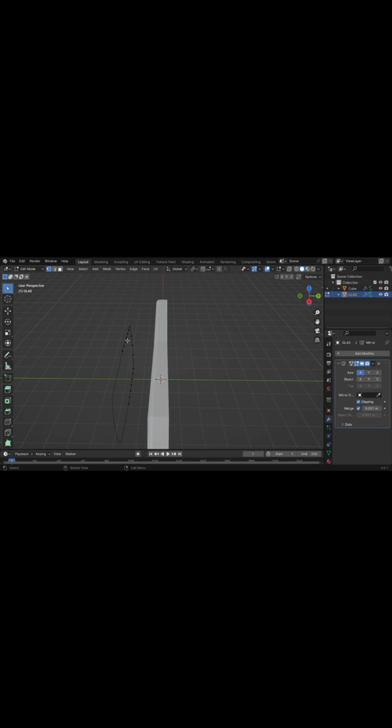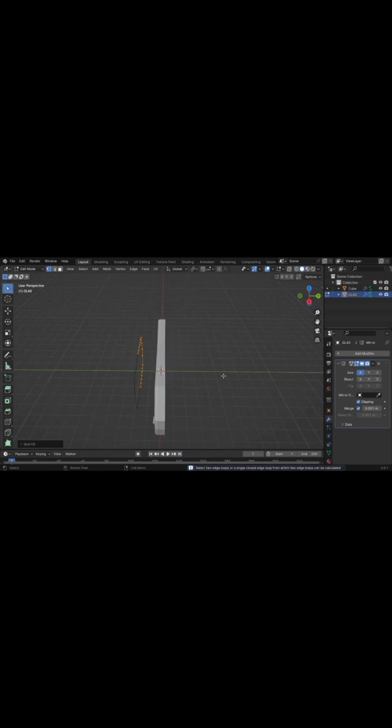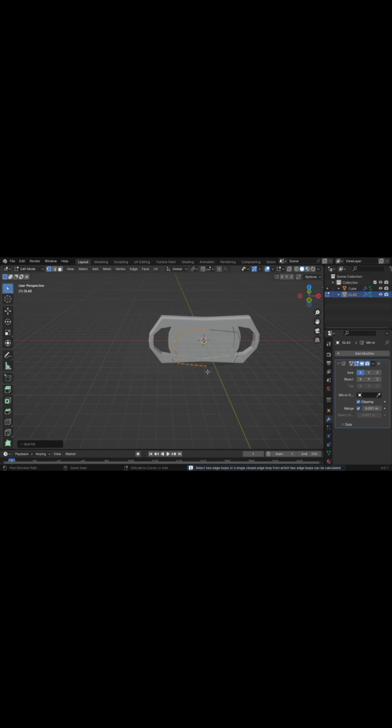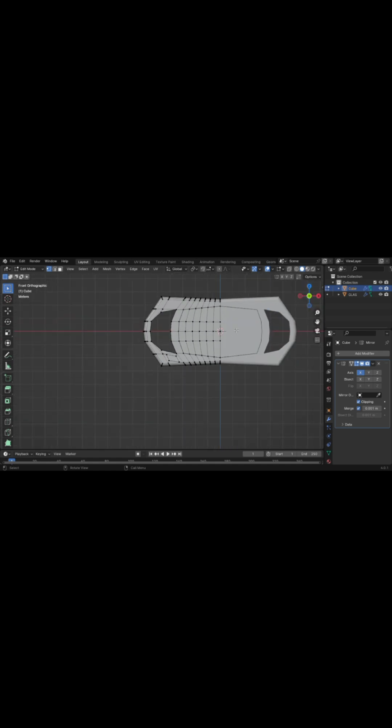With the glass selected, I want to tab into edit mode. Want to press A to select everything. Control F. As a matter of fact, let us press grid view. It's not working, right? And I think that's because we have the mirror modifier active. So let's just leave that for now. Let's come in here and with